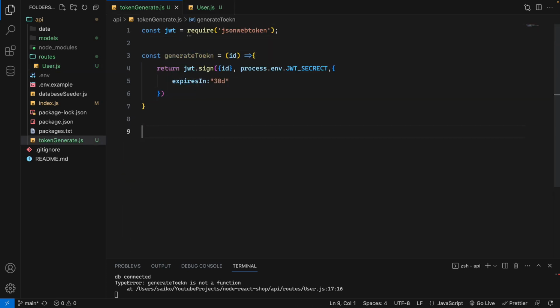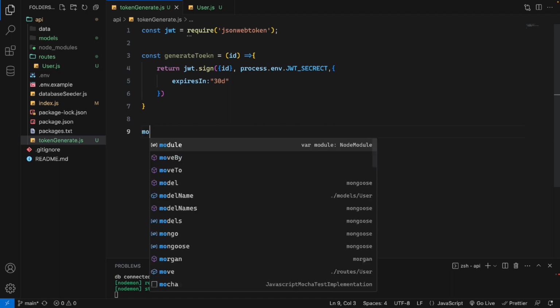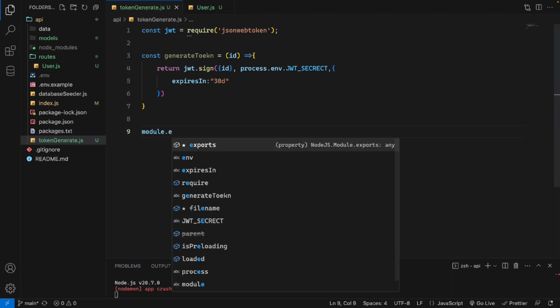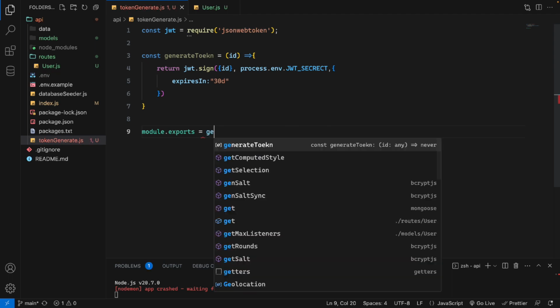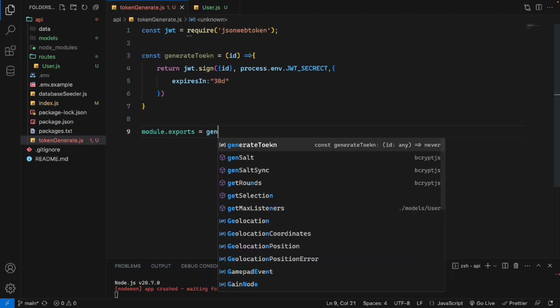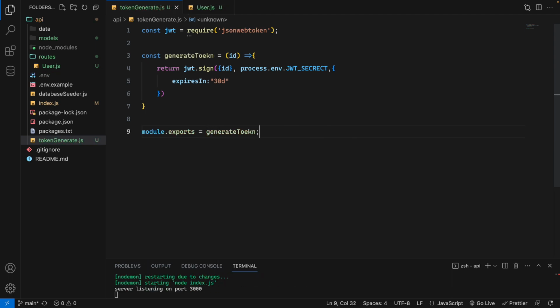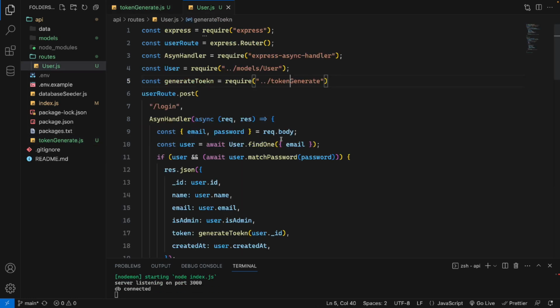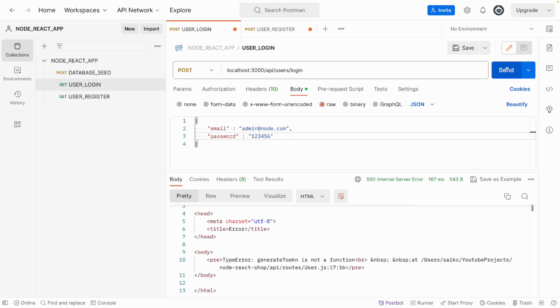Okay, so we need to export, because without export we can't use the module. So don't forget to export your module. I sometimes forget if I don't take care, so I'm reminding you again: don't forget module.exports. Okay, and then I will say,